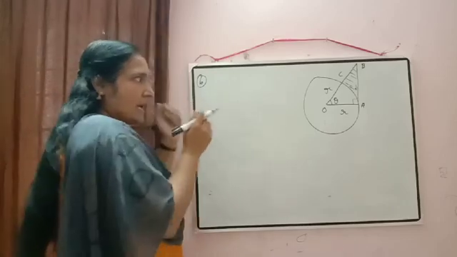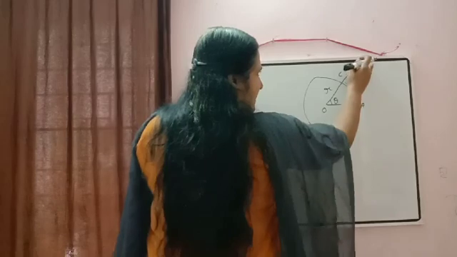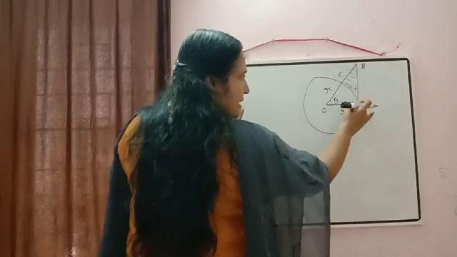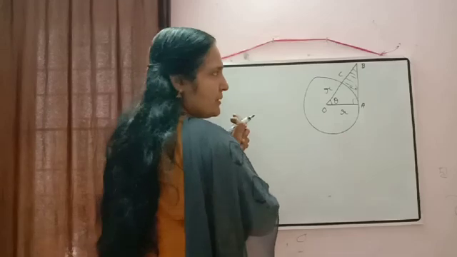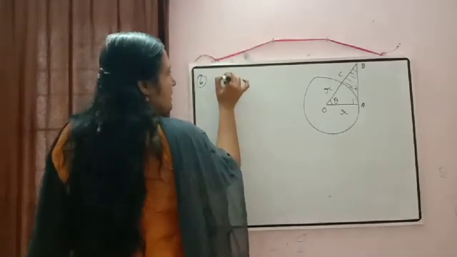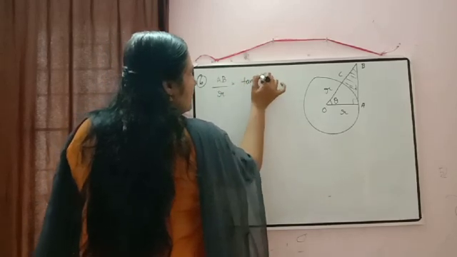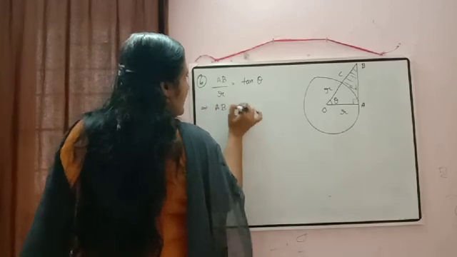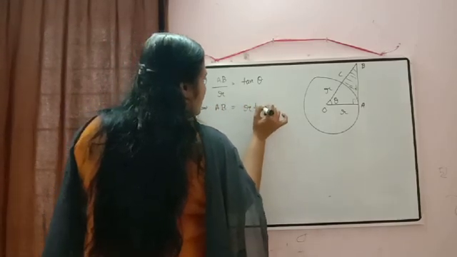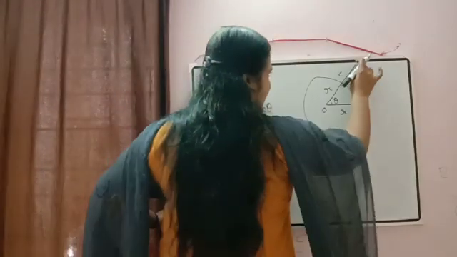So first we can calculate. How we will calculate? AB. AB perpendicular we have to calculate, and base is given. So perpendicular by base, which trigonometric ratio? Correct, that is equal to tan. So first we can write down here AB by R is equal to tan theta. So from here what will be equal to AB? Yes, AB will be equal to R tan theta. So now we got this length there.